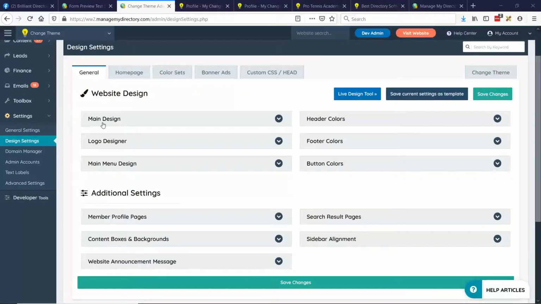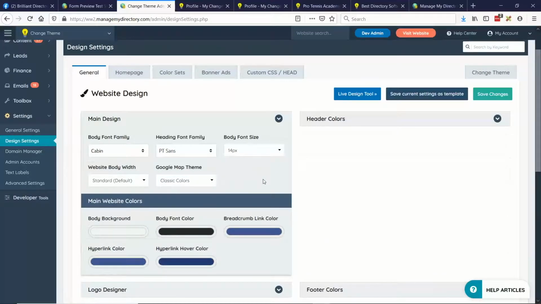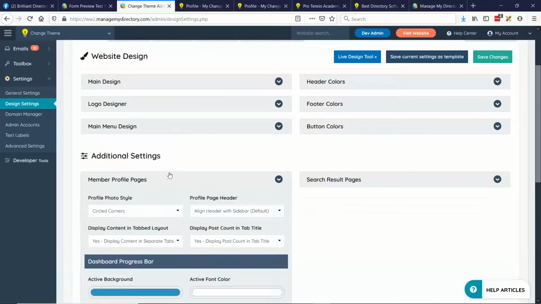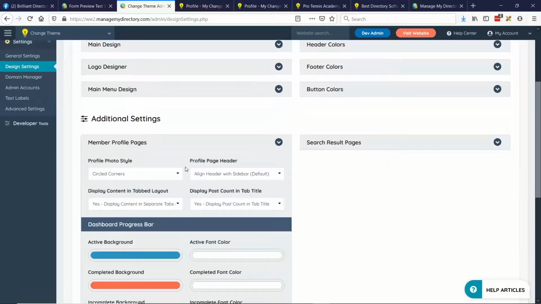I'm not going to go through all of them. All the hits are here, the main website design. We've also done a better job of grouping, for example, color settings versus drop downs and options that you can select. One of my favorites now are the member profile pages. This was jumbled up into another module with the search results and everything, but now it's its own dedicated option.